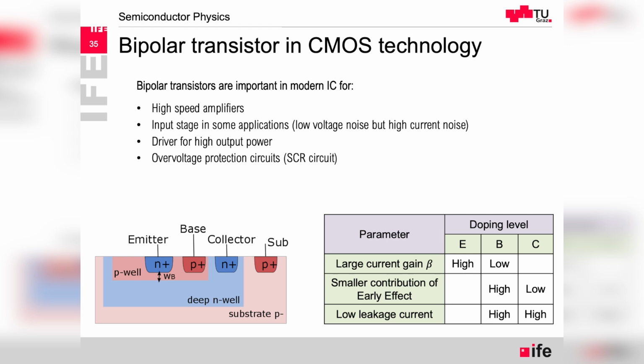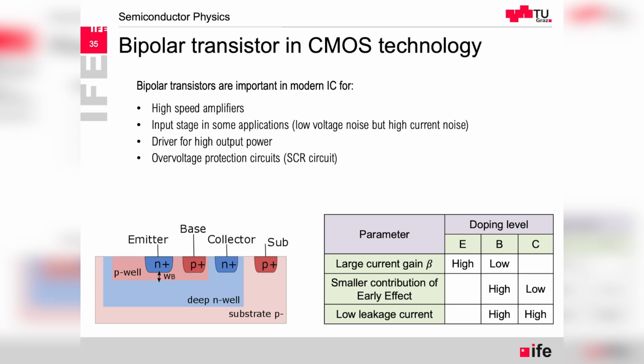If we care about the Early effect, to have more voltage-stable behavior of the device, then what we want to do is have the base doped higher with respect to the collector, because then there won't be such a large variation with voltage on the base side of the space charge region. It will extend more on the collector side. So that's what the doping balance has to be if that's what we want in the device. And finally, for the leakage current